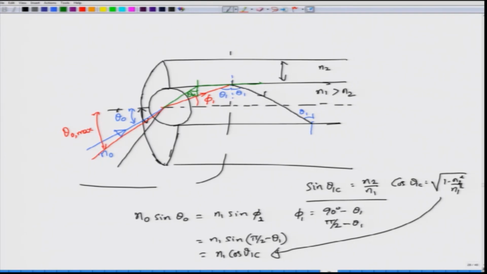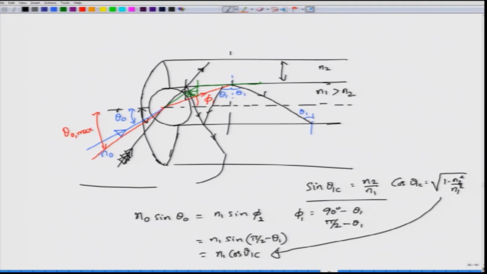If I were to send in light, marked by this particular ray, which falls outside this angle, it would go into the fiber at an angle less than the critical angle and therefore won't really propagate inside the fiber. A major part of it goes onto the cladding side. Only some part gets reflected, but again most of it goes into the cladding. Because of multiple reflections, it keeps losing energy, because every time it hits the core-cladding interface it loses energy,